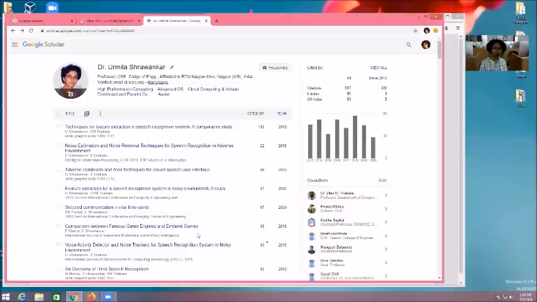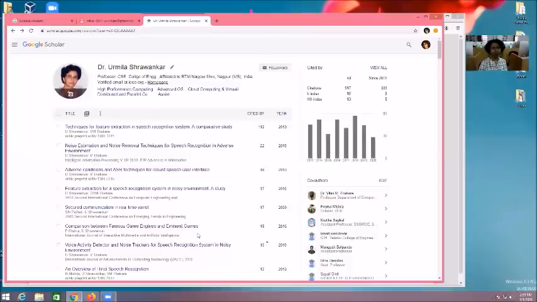A third option is also there. Many conferences and journals ask for the surname first and then the name. That means my third category of name is Shravankar Urmila. One more category, they do not write the complete name, like Shravankar U. So there are multiple combinations for writing the paper.